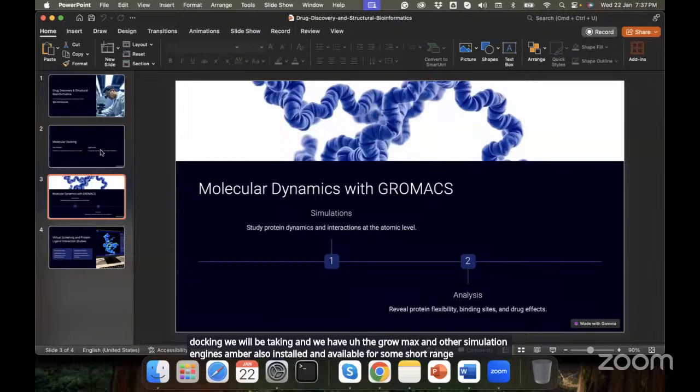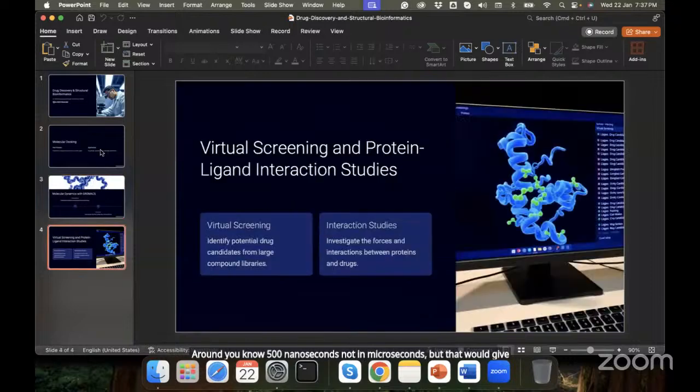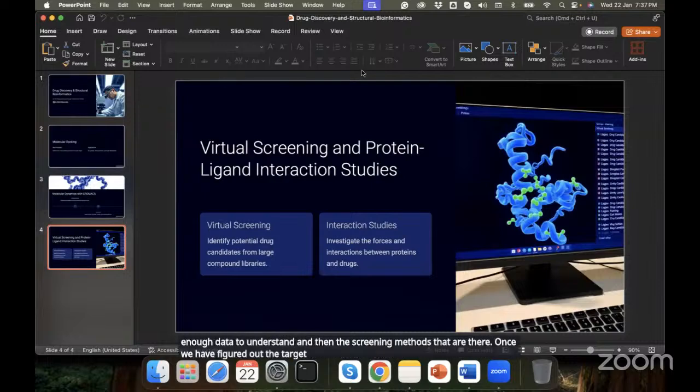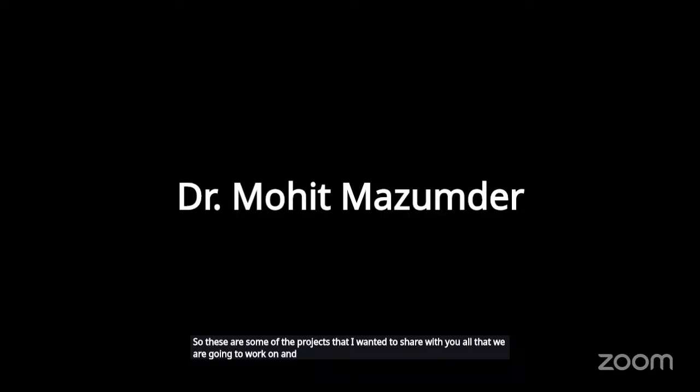When I say short range, I am saying around 500 nanoseconds, not microseconds, but that would give us enough data to understand. And then there are the screening methods, once we have figured out the target that is of quality, and from the big data analysis perhaps, that validates it a lot. So these are some of the projects that we are going to work on and are working on, and we'll be happy to have you join some of these projects and work